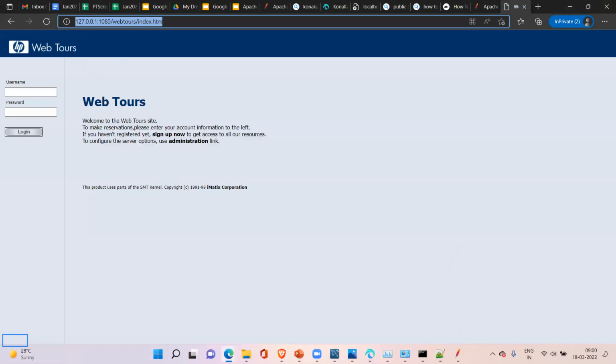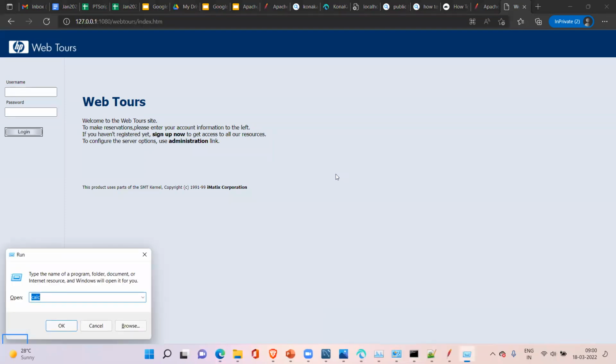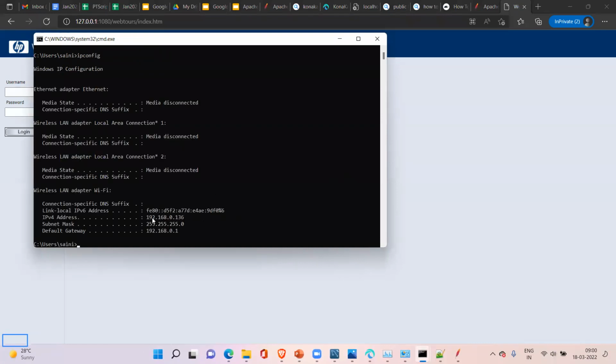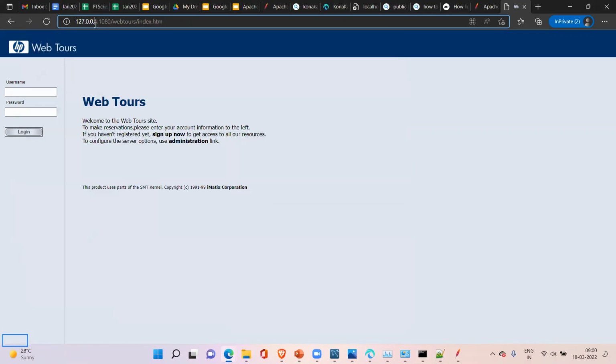And when you are connected to a network, you will get some other IP address. Suppose I am connected to a network, and how do I check the IP address now? ipconfig, right? So this is the current IP address of my machine. Even if you use this one also, you will get that page. Let me show you that. Instead of this default IP address, if I use this one also, I'll get that page. I got that page?